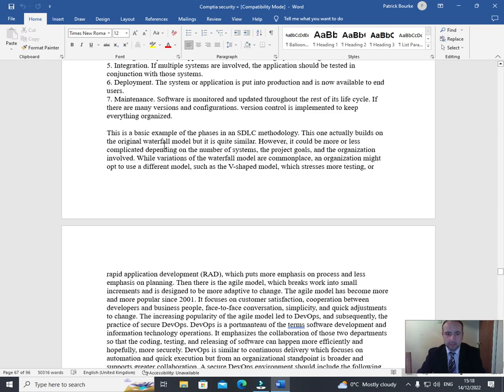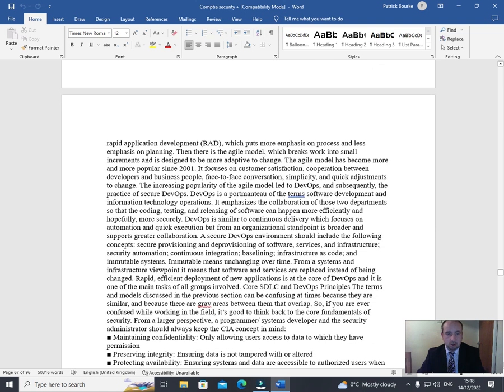This one actually builds on the original waterfall model, but it is quite similar. However, it could be more or less complicated depending on the number of systems, the project goals, and the organization involved. While variations of the waterfall model are commonplace, an organization might opt to use a different model, such as the V-shaped model, which stresses more testing, or rapid application deployment (RAD), which puts more emphasis on process and less